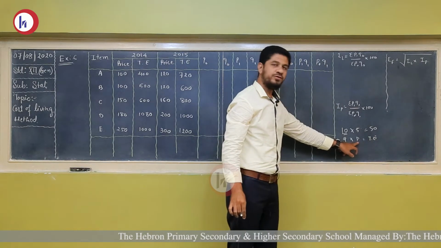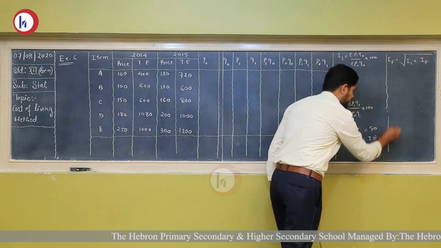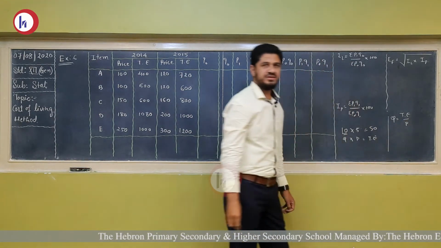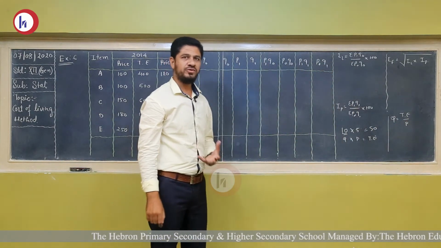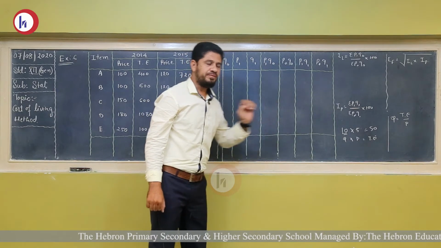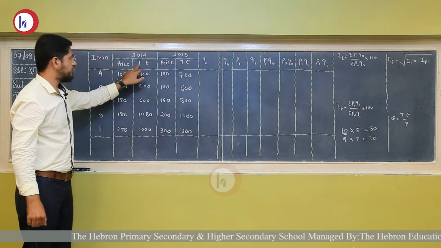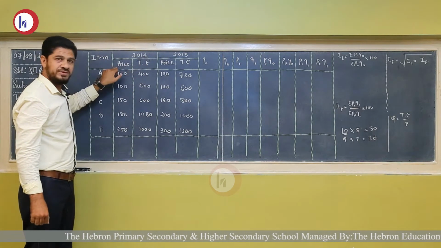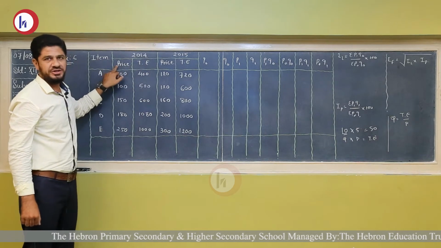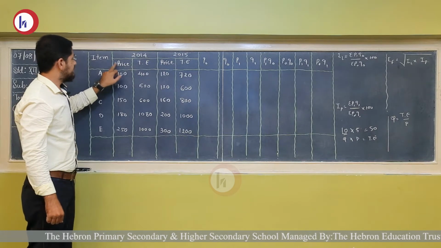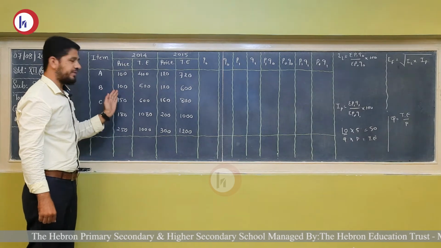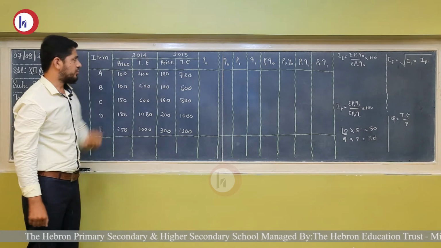Now, if I change the side of P, my formula will be Q is equal to total expenditure divided by price. So, if I want to find the quantity, I need to divide total expenditure by price. We have the total expenditure and the price is also given. When we divide total expenditure by price, we will get the quantity. Again friends, there is no need to change the price. So let's copy the value of price into the further column.